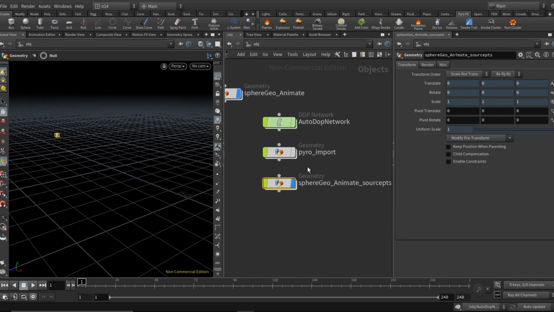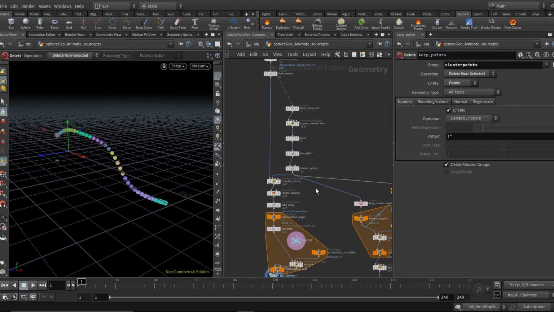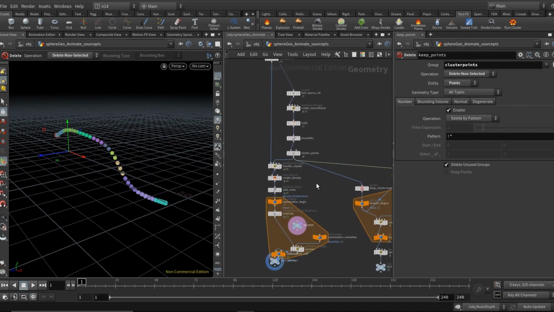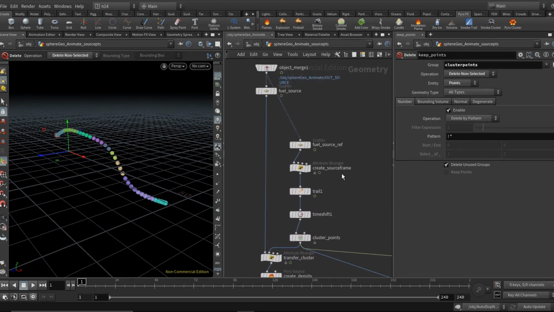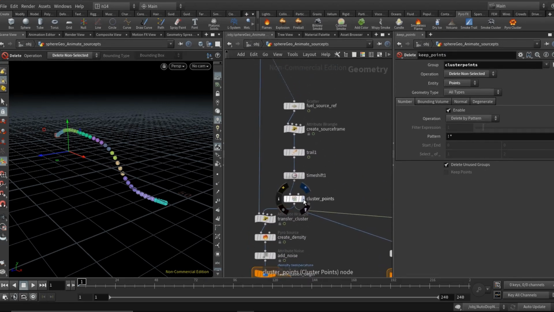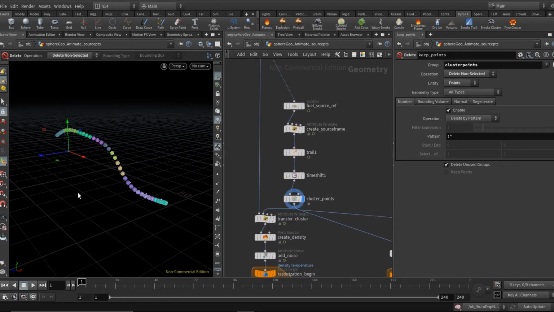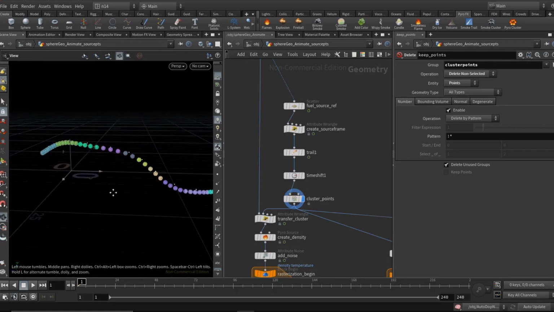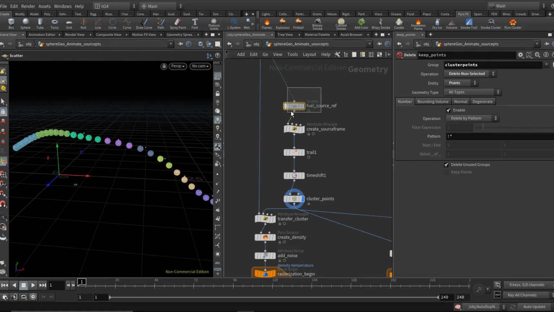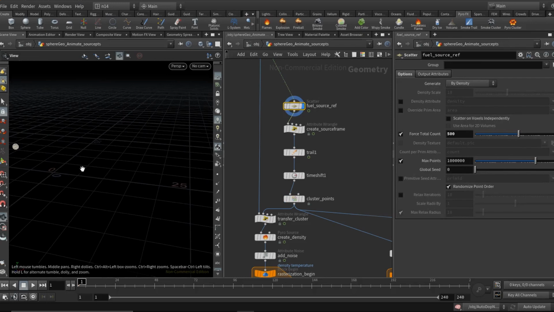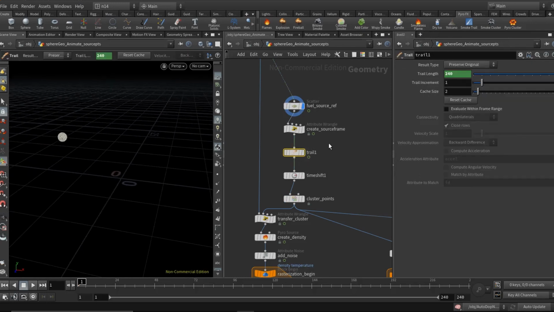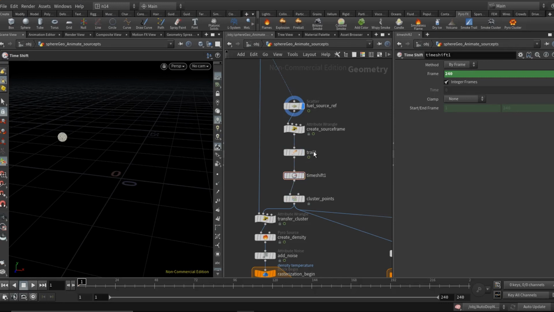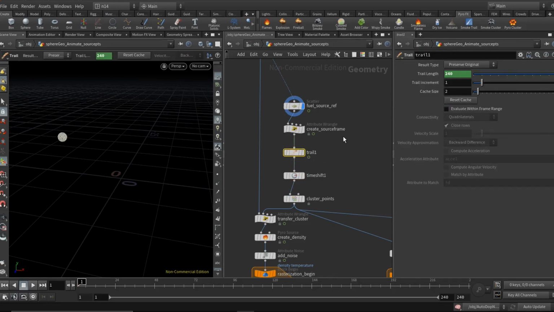So let's dive into SimSourceSift now again, and let's see what exactly is happening here. Up until this point you can see that it has clustered these points, and the way it's doing so is through a scatter node, where it has scattered some points onto the surface of the source sphere, and then through a simple combination of this trail and time shift node, where in the trail it has used this simple expression.